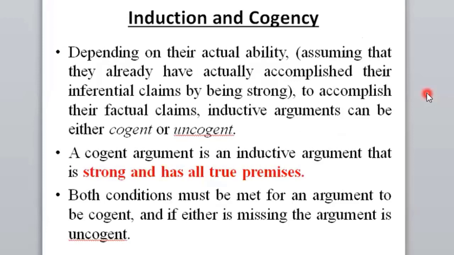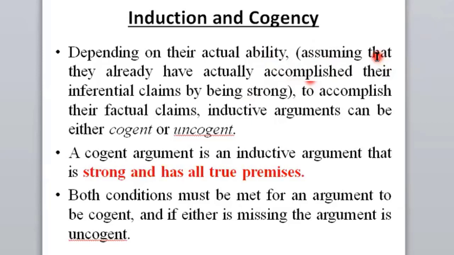The last point in induction is cogency. In the case of deductive, we have seen it is soundness and validity. In the case of induction, it is cogency and strength. Don't forget, we are applying the same principle for all cases, except for the second possibility for both deductive and inductive arguments. Very simple to understand if you are wise. Depending on their actual ability,